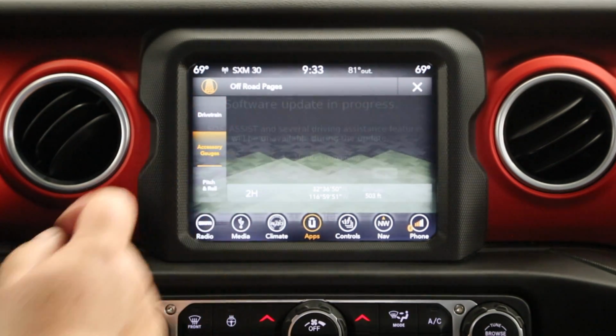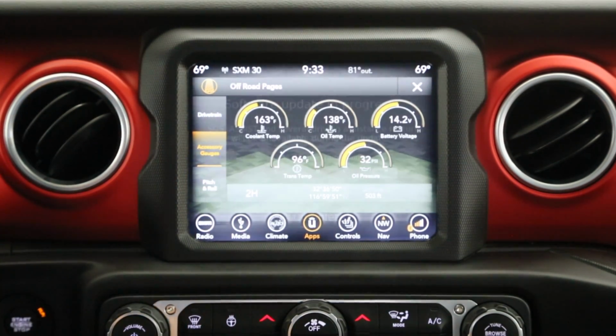Let's go into the accessory gauges. So this is very similar to stepping through the gauges on the center dashboard display. It gives you your coolant temp, your oil temperature, your battery voltage, your transmission temperature, and your oil pressure. What I don't see on there is the oil life left, but maybe that's not important to this gauge picture as you're out on the trail and you're trying to monitor and manage temperatures in your engine and your transmission to see how things are going. And maybe your battery voltage too. If you're out at nighttime and you're running off-road lights, or you're charging cameras, or whatever you might be doing to drain the electric system,